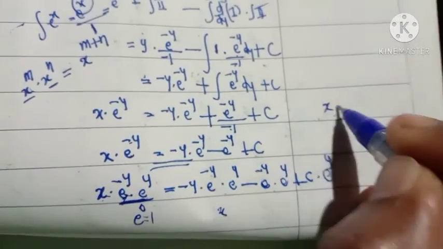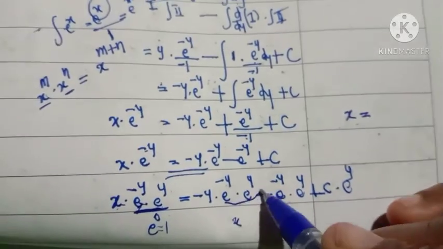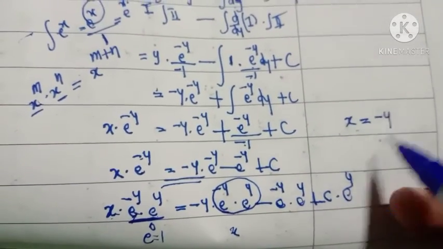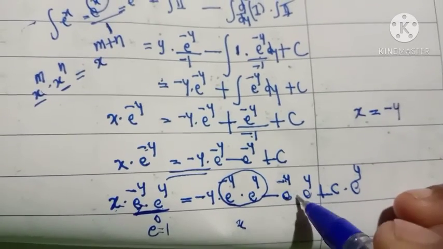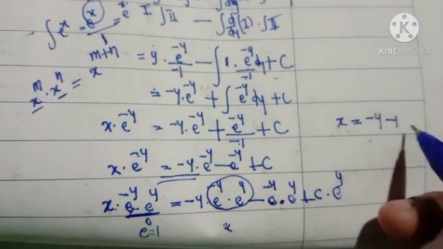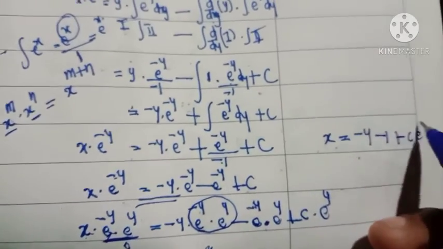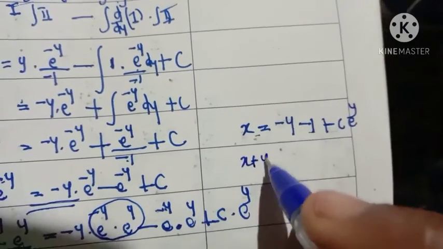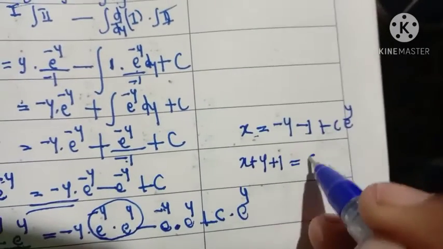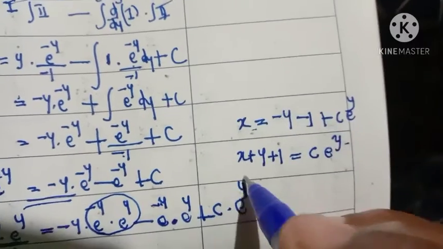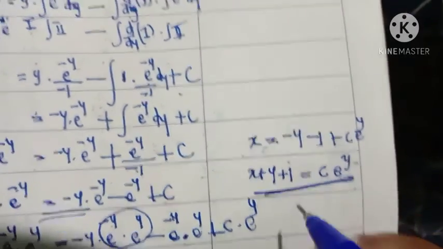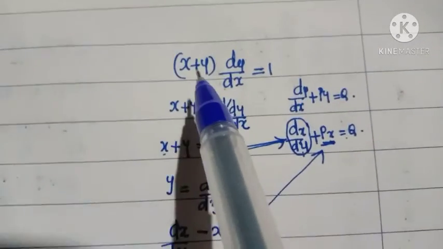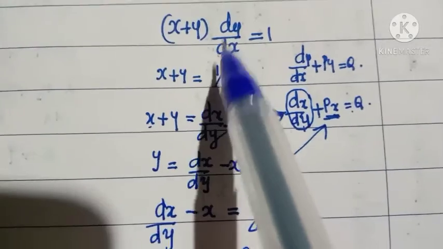x is equal to, here also e raised to minus y into e raised to y is 1. So it is minus y. E raised to minus y into e raised to y, 1. So it is minus 1 plus c e raised to y. Now take all this term to here. It is x plus y plus 1 is equal to c e raised to y. So this is the required solution of the given linear differential equation x plus y into dy by dx is